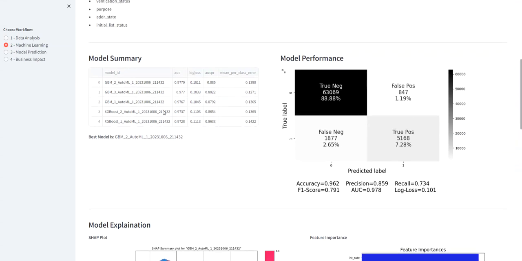So finally, we have our proprietary AutoML, auto machine learning library. We are going to try all kinds of models and give you the best model results. So the GBM2 is the best model, with the summary performance of the model with cross-validation score on the right. We have done this automated hyperparameter tuning, cross-validation, and all kinds of testing, right? We give you the best model from our platform. And you can see the accuracy is 96% with precision recall also reaching 80%. So this is very good results, right?